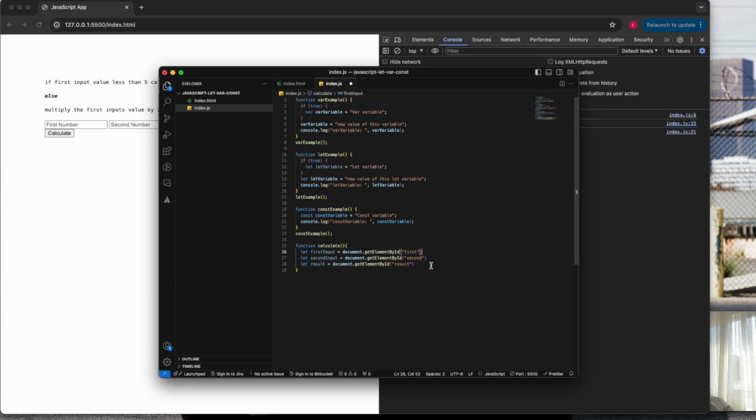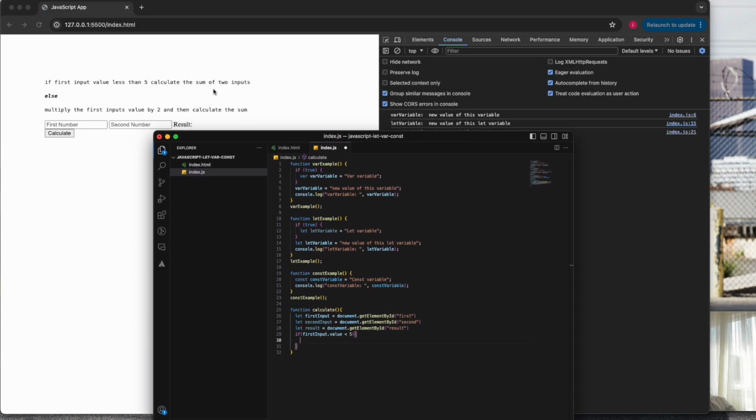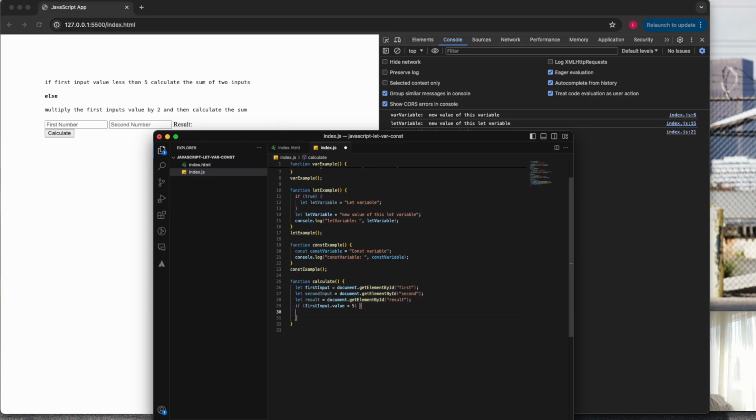So right here what we need to do is, if first input dot value is less than 5, what are we going to do? Calculate the sum of two inputs. So let's try to do const sum equals first input dot value plus